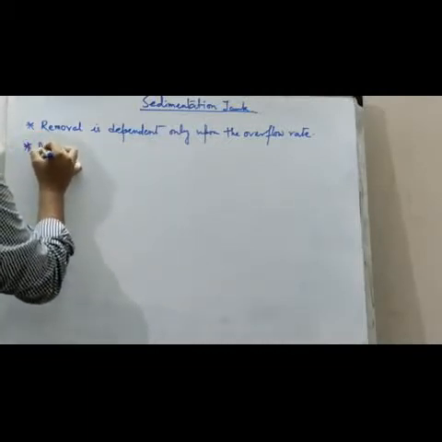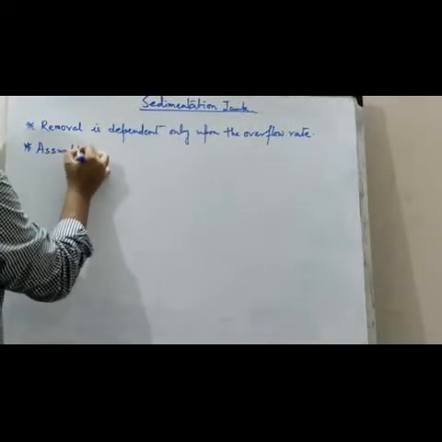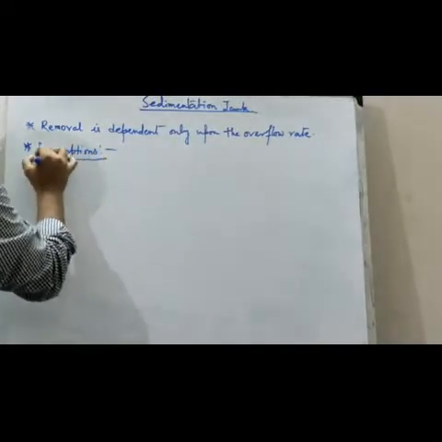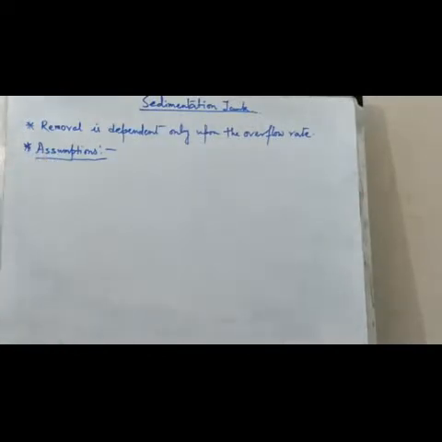Now there are some assumptions of sedimentation tank. So please write down what are the assumptions of sedimentation tank. There are generally three assumptions. The first one is particles and their velocity vectors are evenly distributed across the tank cross section. So please write down the first assumption, that is particles and their velocity vectors